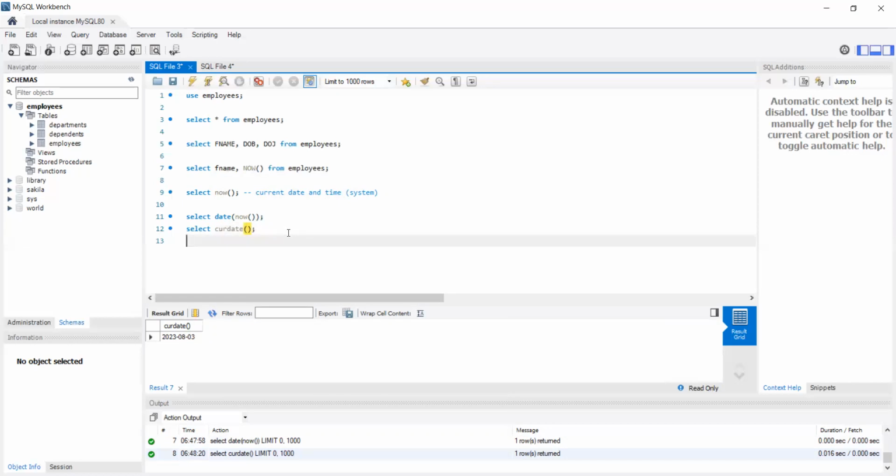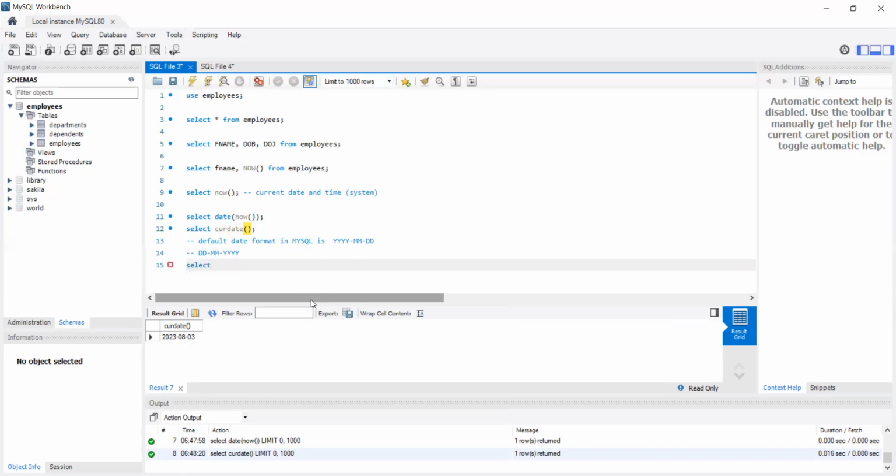So by default, I told you the date format. The default date format in MySQL is YYYY-MM-DD, correct? This is what you're getting. Now let's say you want to change it to some other format. You can change the output. I want to change it into, let's say, generally in India we write DD hyphen MM hyphen YYYY, correct? So if you want to change it to this format, you will say select